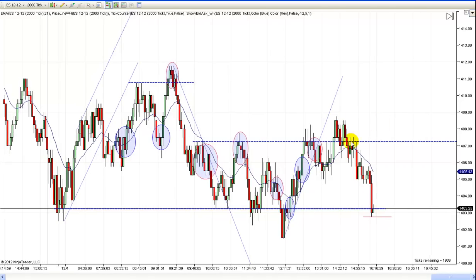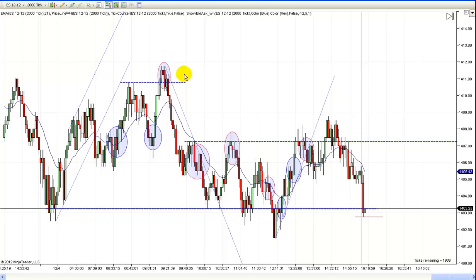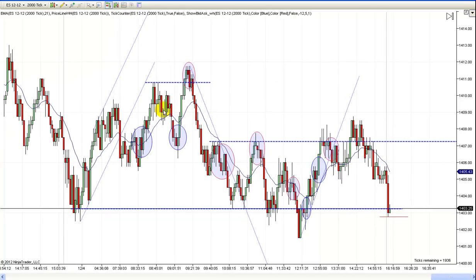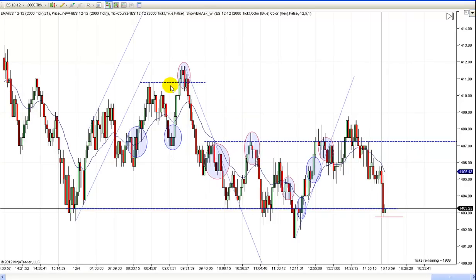So if you just followed your trend lines, pretty much working off the first couple of swings of each time, then it was fairly straightforward. It was a little confusing in here, but you just had to treat this pretty much like a trading range, and I think if you did that, you'd have been okay. But if you had your trend line working up through here, you should have seen the break. You would almost think this would be enough, but we made one more run up and then worked down, and